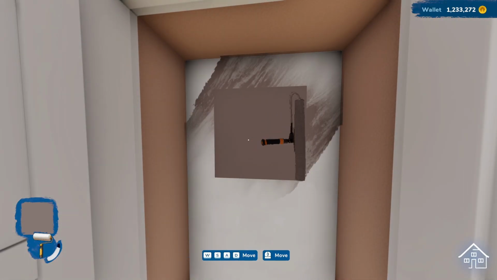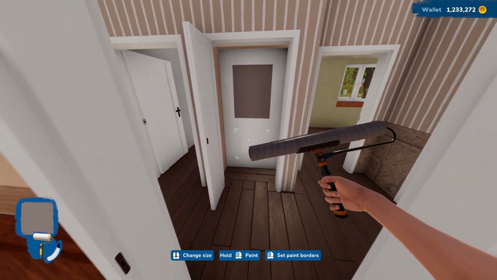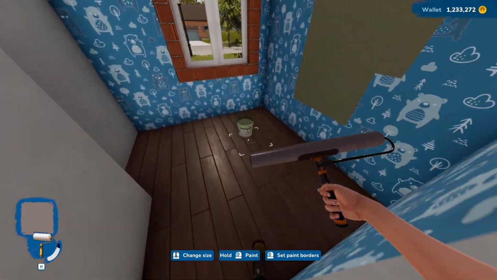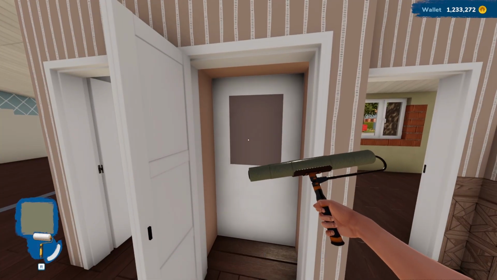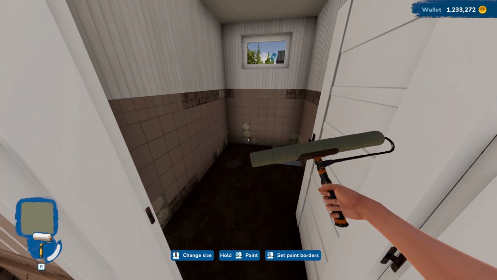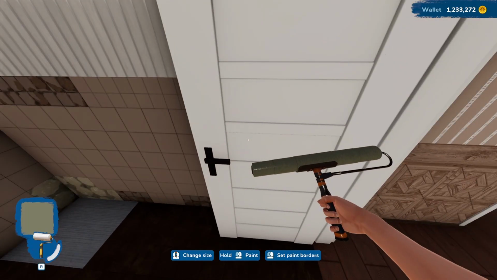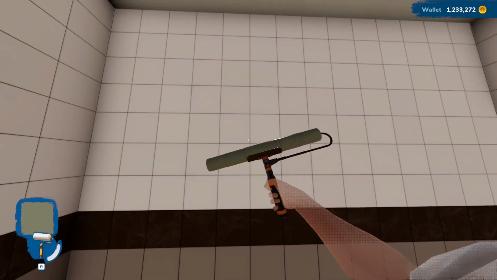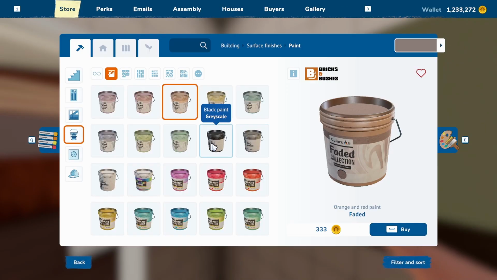Just for a pop of color, I might go with that in the closet. No, actually, I think I'm gonna go with the green in the closet. Just for a pop of color, so we'll go with that. And then, I think we'll bring the green into this bathroom here, but we'll also use tile, so we'll get more of